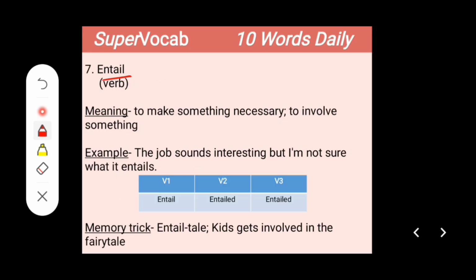Next word is entail. It is a verb and it means to make something necessary or to involve something, and you can also use it as a synonym for involve. So it means that someone is talking about a job which sounds interesting, but he's not sure what it is about, what it involves. Okay, so the forms of verbs are entail, entailed and entailed,